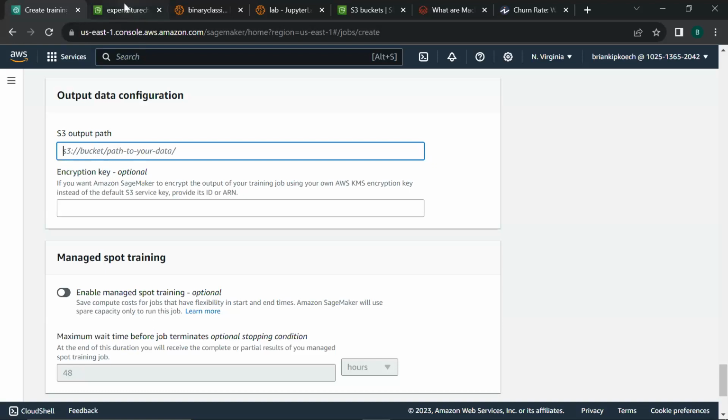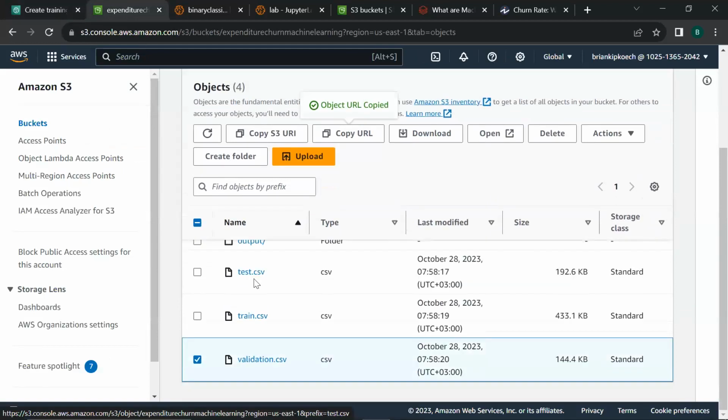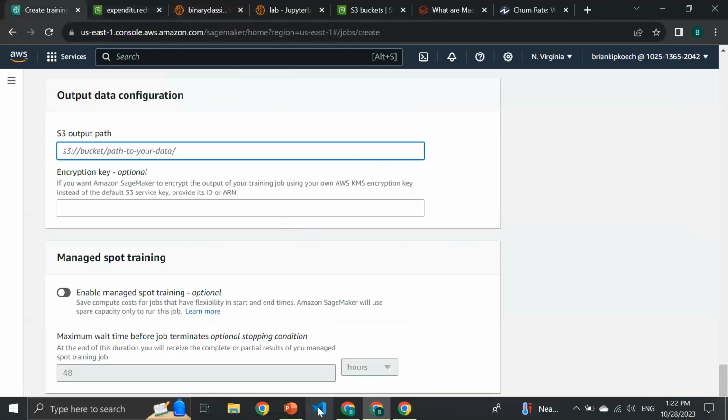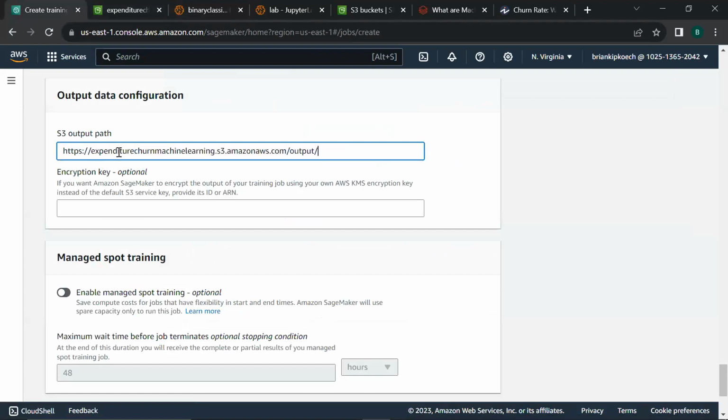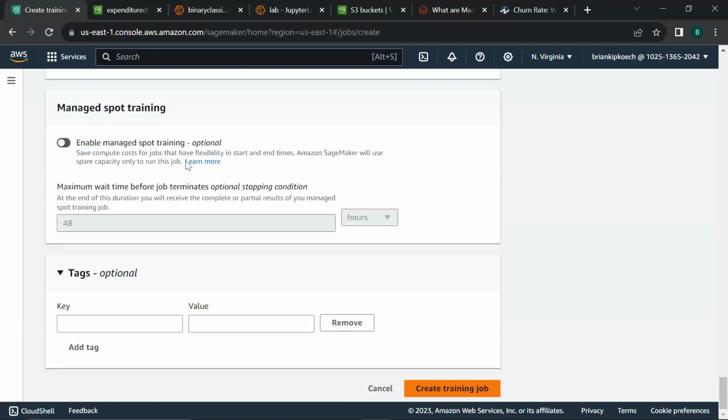So to do that, I have already created an S3 folder called output. So I'm going to uncheck that and check this part containing this folder called output and copy its URL as well, then paste it here. So when I paste it there, once I am done with training this model, all the artifacts, all the hyperparameters that were used to train it and everything else that the model outputs will be saved here. You can encrypt it if you want. Leave everything else as default.